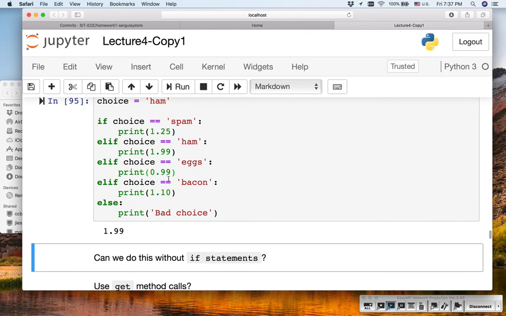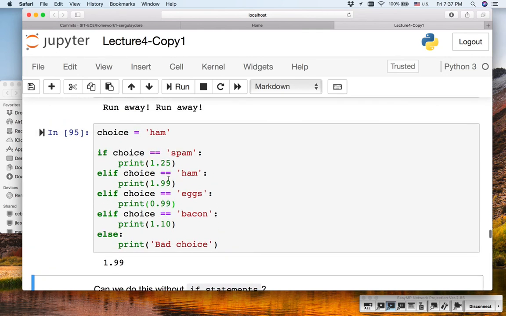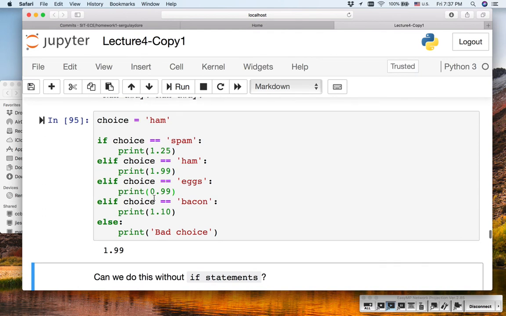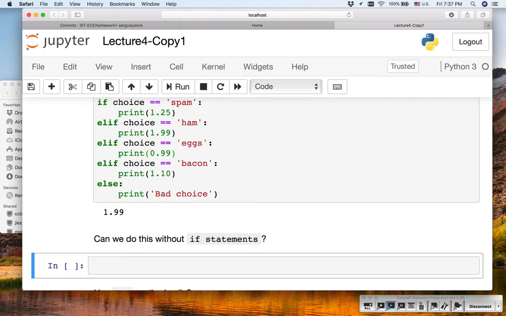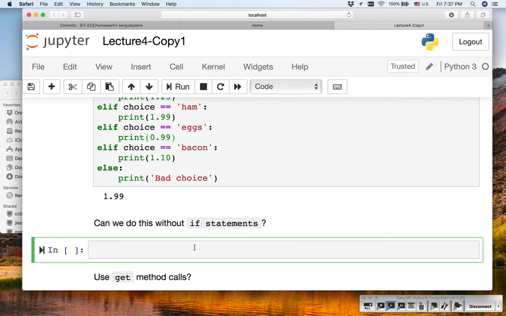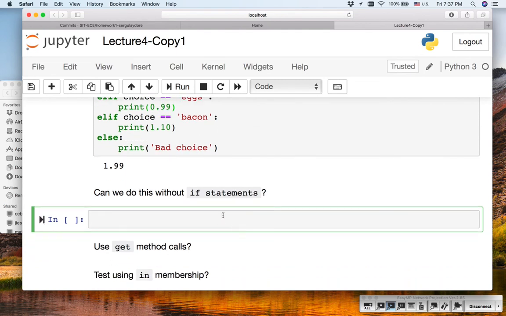Okay, so let me ask you this. Can you write this program without using if? Yes? Is there any object type that you can think of where we assign, if choice is that, this is the value? Dictionary, yes, perfect. Basically you can write a dictionary. So what should we call it? Let's say